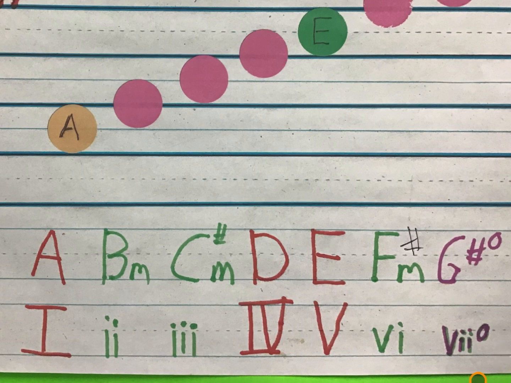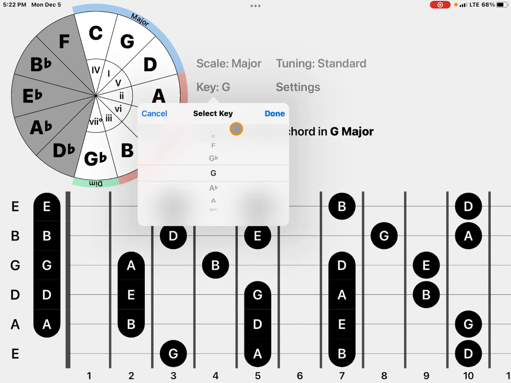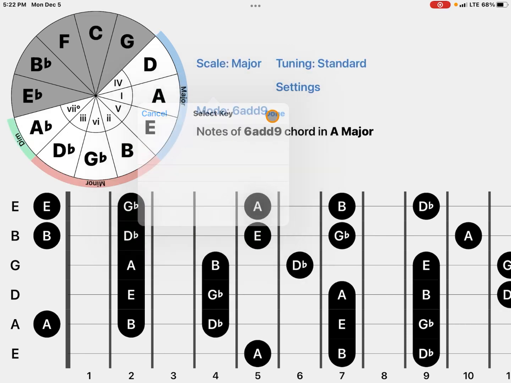Now, there are a lot of songs that are just built on patterns, a lot of famous hit songs. So 1, 4, 5 is used a lot. We come over here to Fretbud, and we've got the key of A pulled up here. Excuse me, G is in here. Let me switch this back to A. All right, so you see that 1, 4, 5 right there all together,